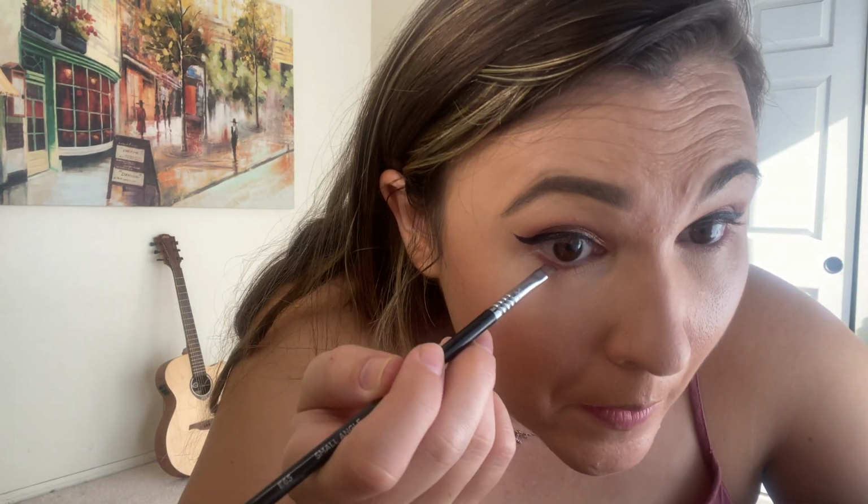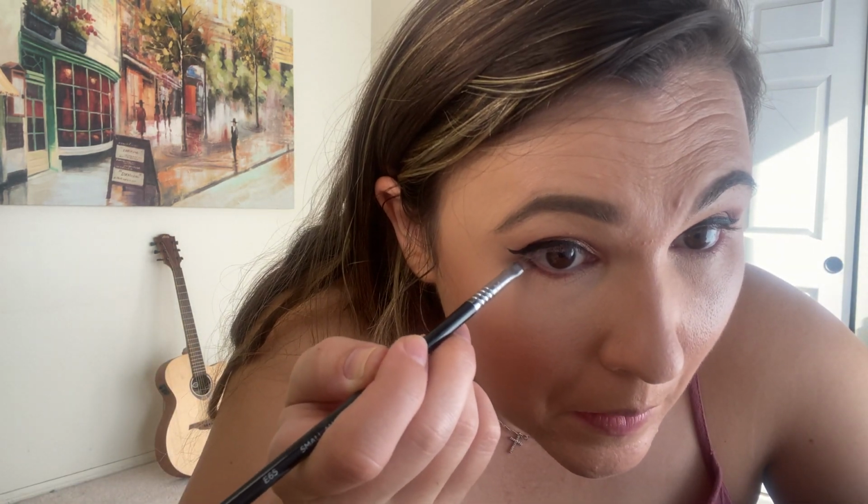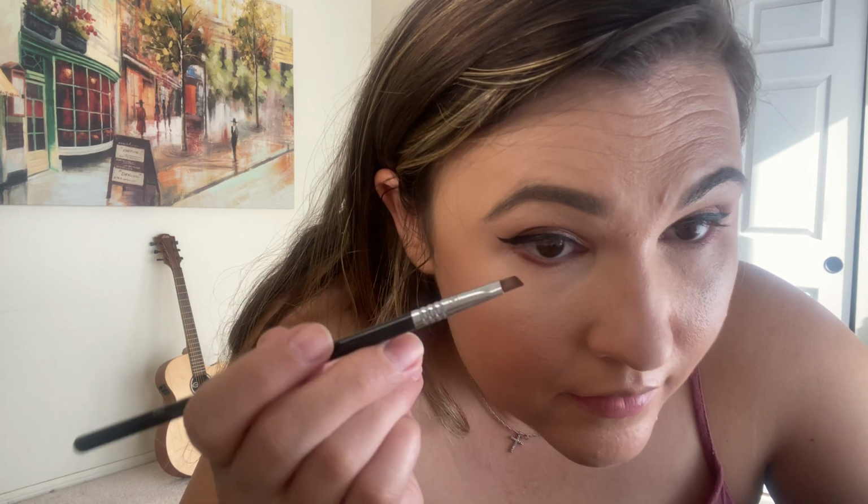So I'm just gonna go in with the other side now and just go in with the outer corner with that romance shade, that matte shade, just on the outer corner. Connecting just a little bit. All right, but I think we are done using the palette. I'm gonna go in with